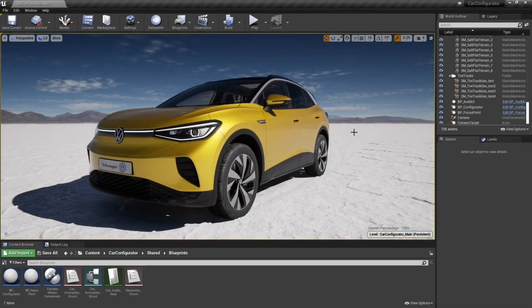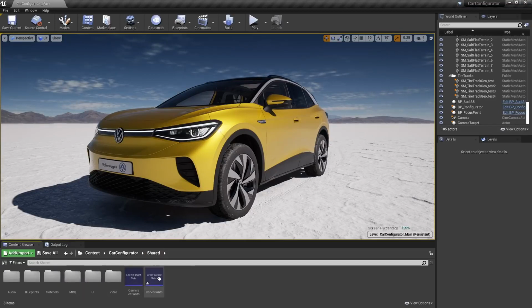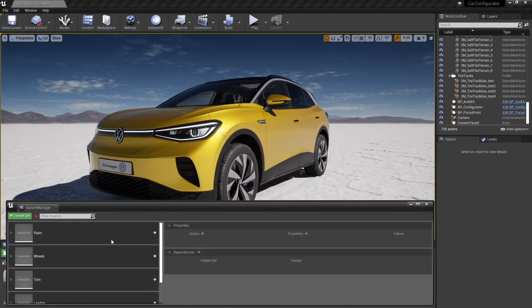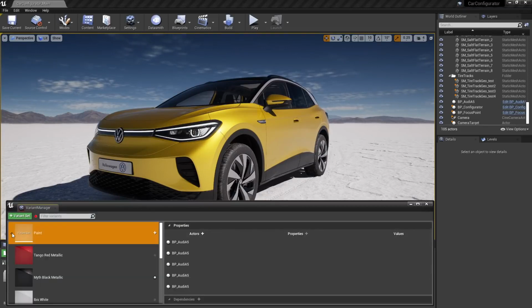So to change the color of the vehicle is actually quite simple because it's all set up using the variant manager. So let's check out how to do it. If we jump up to the shared directory and bring up the car variants, you can see the variant manager's checking out and doing a few things. It's changing the car paint on the Audi as well as some of the options like the wheels and the